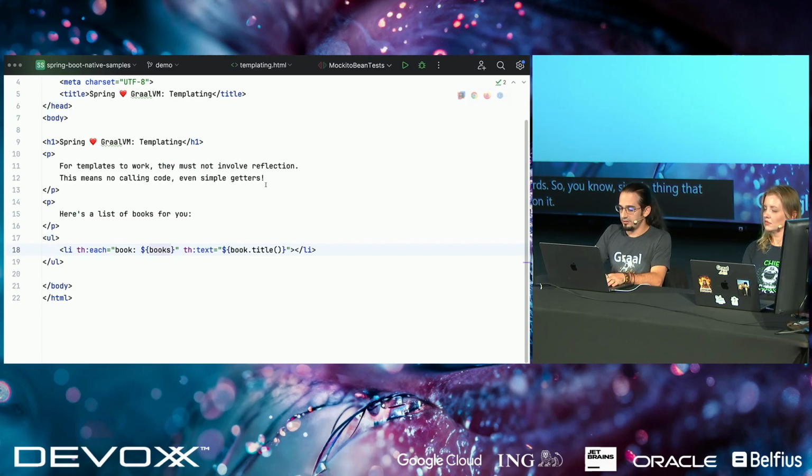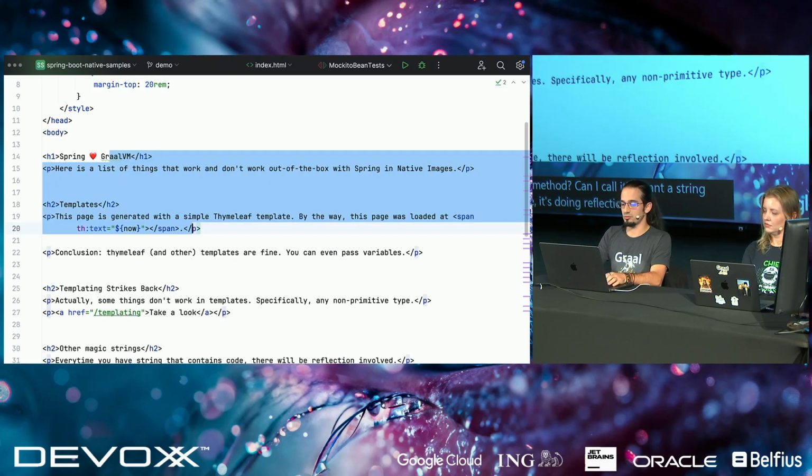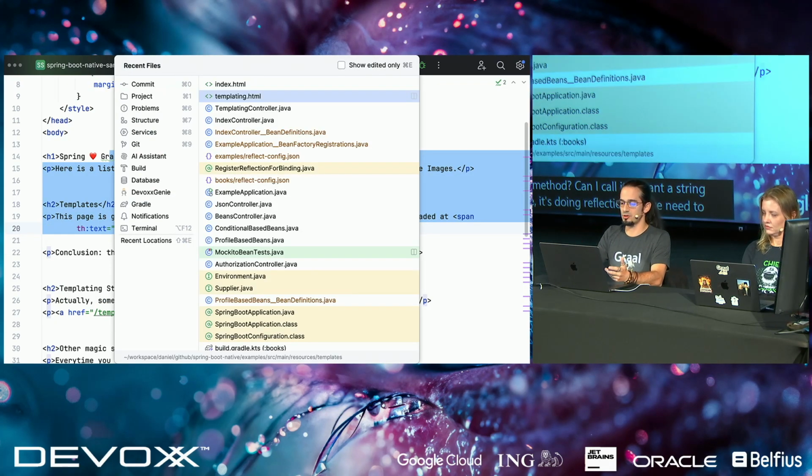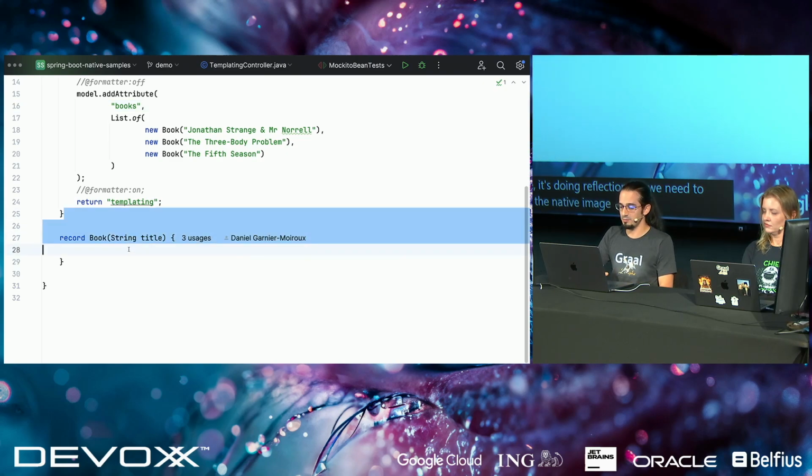When you think about it, the Thymeleaf engine is reading this string, and it says, this is code, I must evaluate it. OK, this is a book. All right, this book, does it have a title method? Can I call it? I want a string out of it. So in here, it's doing reflection. So we need to instruct GraalVM, or the native image compiler, that we want this type, this Book here, to